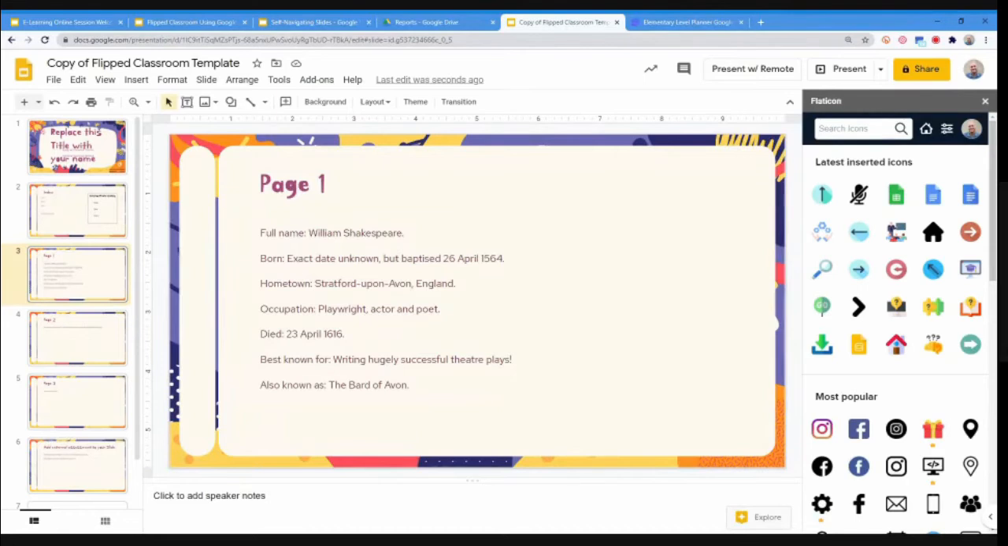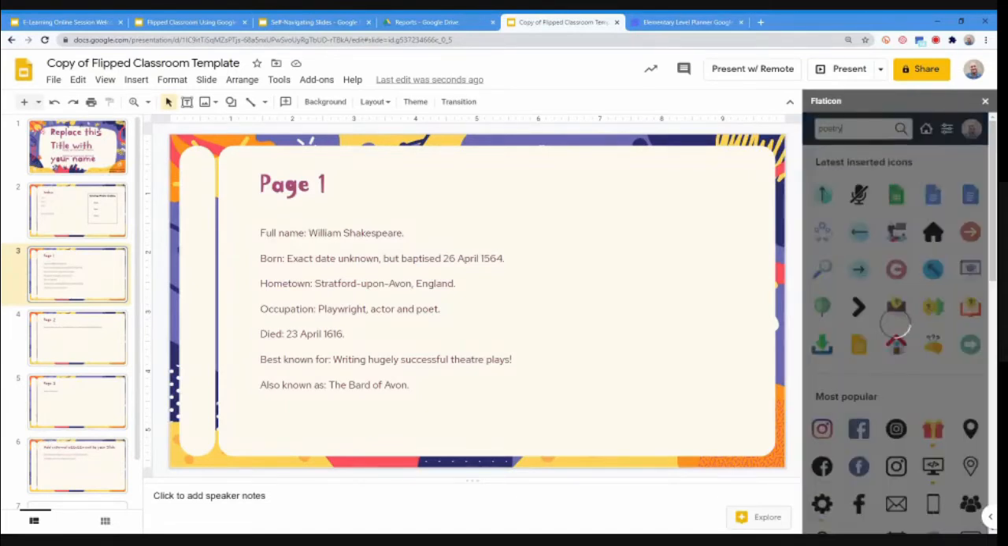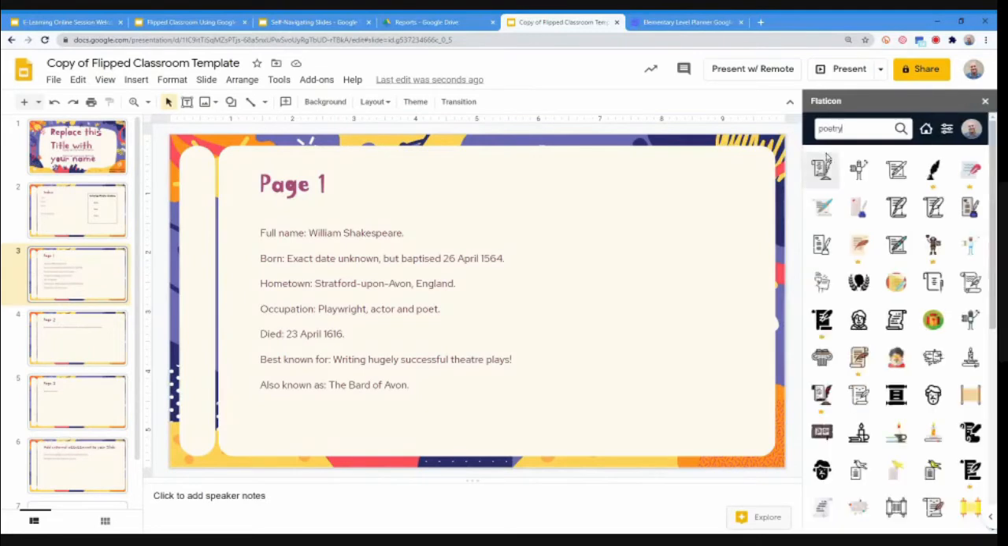Now, if I'm going to look for plays, I'm obviously not going to find something that's going to work for me. I want to just search for something like poetry. Okay, so if we search for poetry, it'll give me a few icons that seem quite appropriate for poetry. Please note, some of them have little crowns or stars. I don't know exactly what they want to call that,